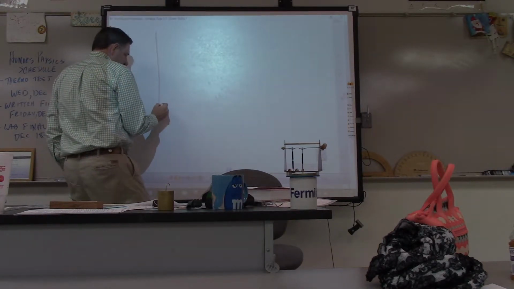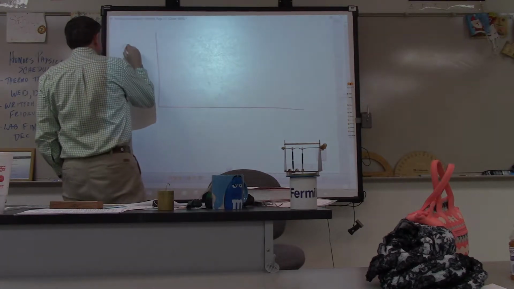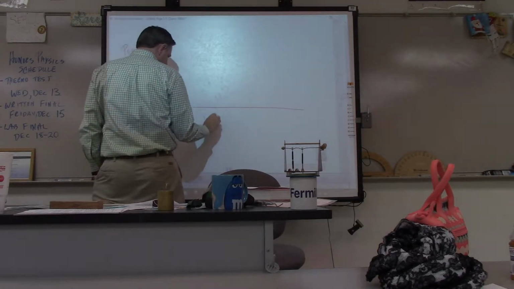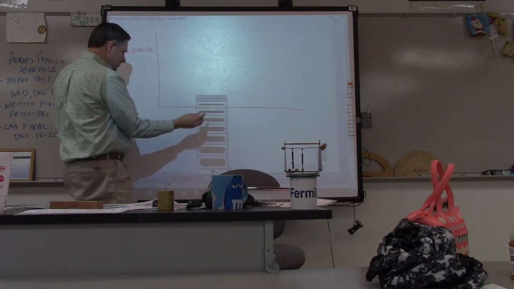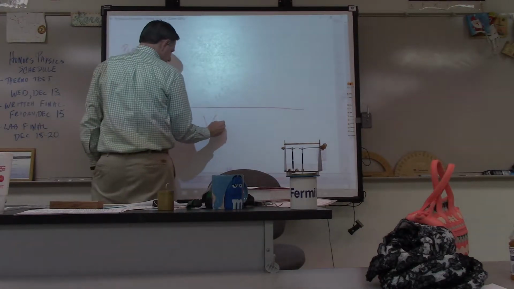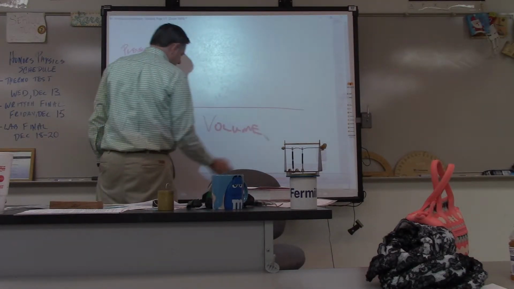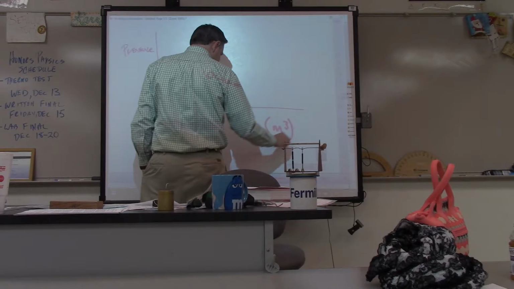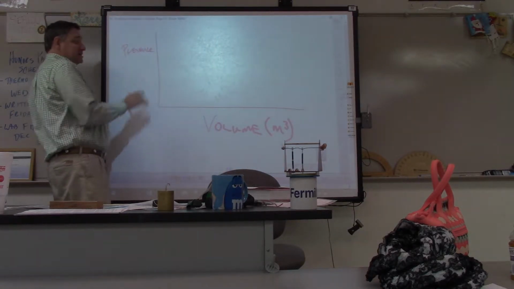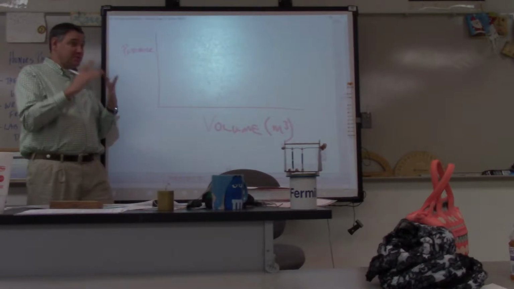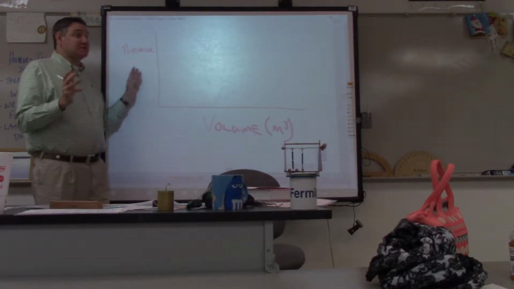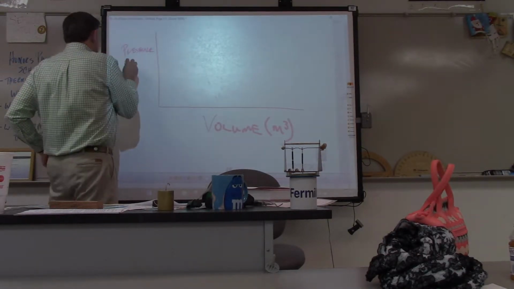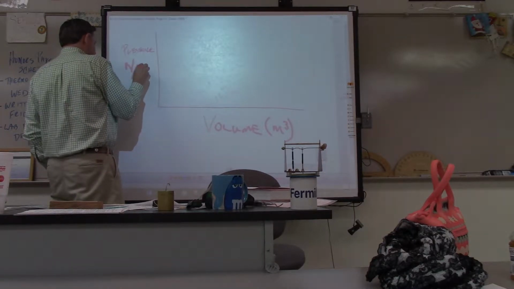So the whole basis of this is what's called a pressure volume graph. So you're going to have pressure here, and then you can have volume. Hold on, I can change this so the studio audience can see it. Volume. And then you've got cubic meters. Now, what's pressure going to be measured in? It could be in torrs, inches of mercury, millimeters of mercury, atmospheres. What do you think this is going to be in? Well, pascals, which is the same thing as newtons per meter squared. Newtons per square meter. Okay?